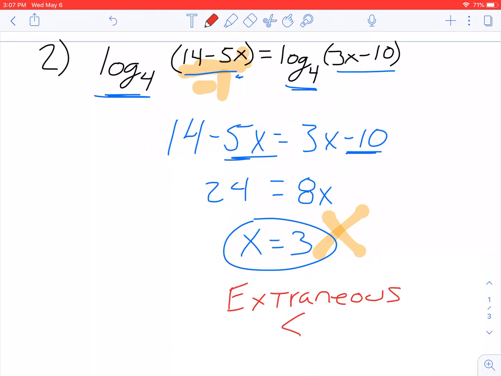So that's one thing that you're going to want to check for whenever you're solving here. The process is very similar. We're going to end up with nice basic algebraic, most of the time linear algebraic equations to solve, but double check for